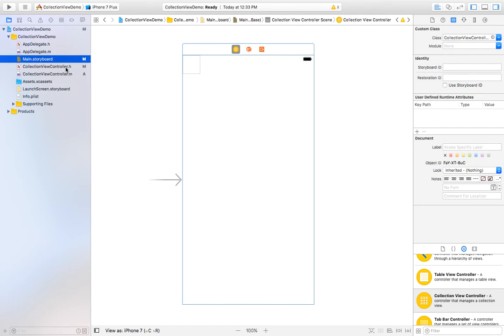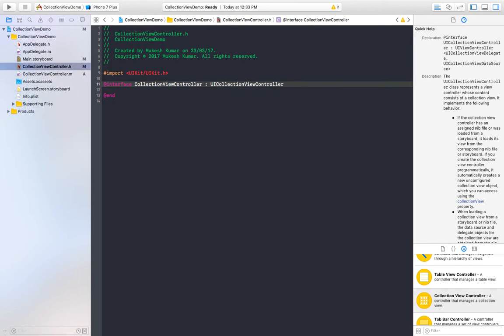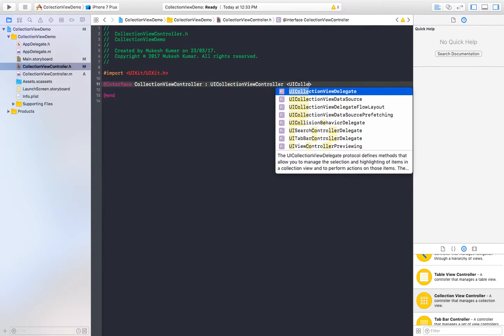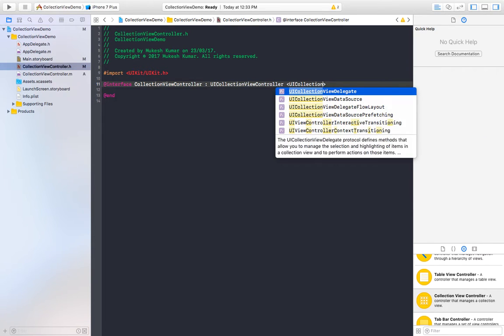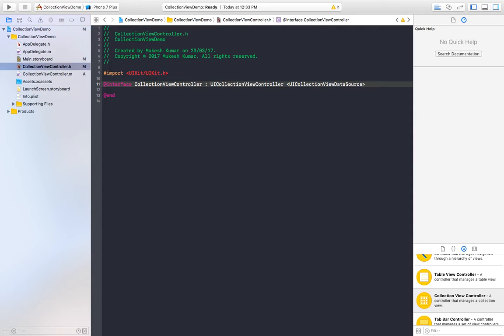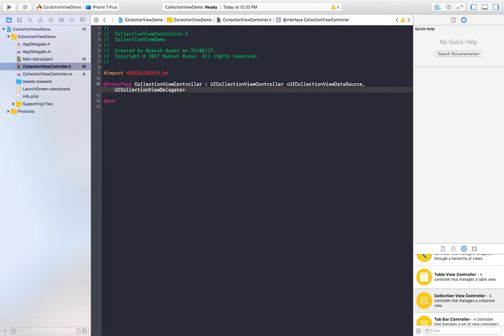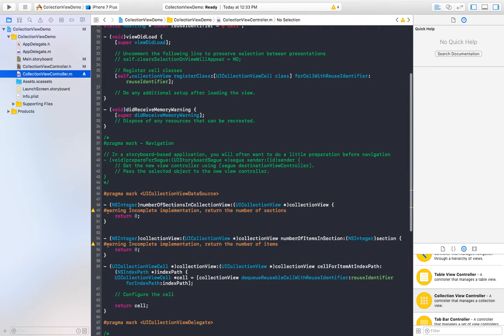Then we will move to the .h file. Here I will add two protocols, and the protocol name is UICollectionViewDataSource, separated by a comma. Another protocol is UICollectionViewDelegate. Yep. So basically these two protocols are defined here because of this collection view's mandatory methods defined over here,